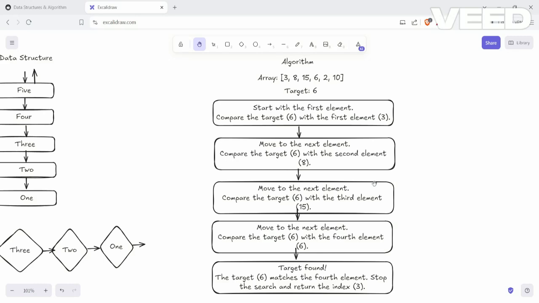An algorithm is a step-by-step process to solve a particular problem. All the steps in this process would be chronological in nature. Let's take a problem for example. We have an array and we need to find a value which is 6, if it is present in this array or not. So the algorithmic approach would be, we'll start with the first element, compare that first element with